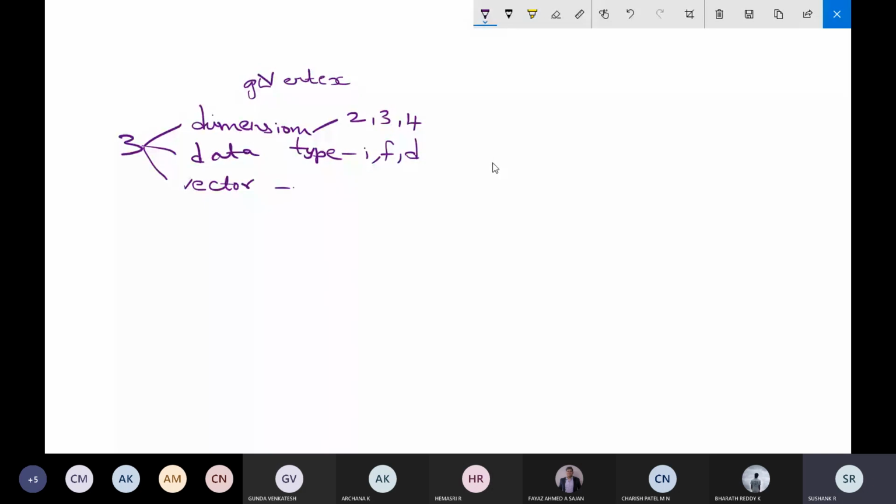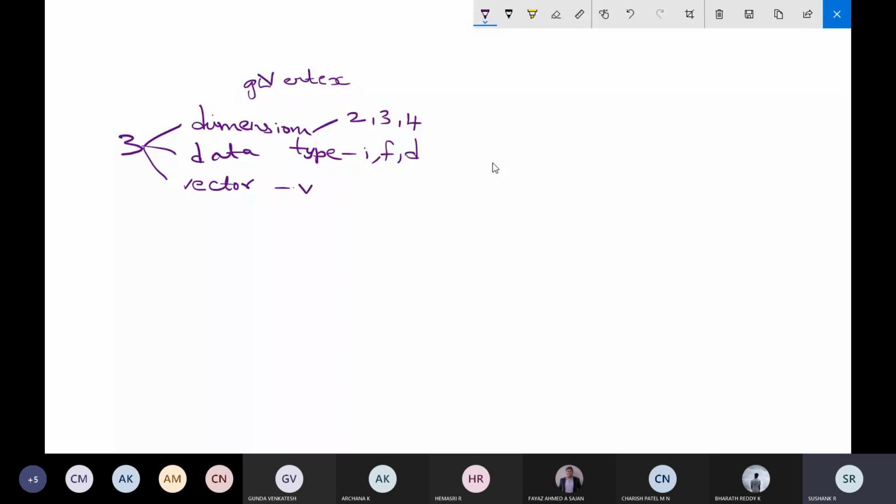What do you mean by this vector? In one example we saw, they declared an array of coordinate positions and passed it as a parameter. So this V is used for the vector form. Whenever you use V, the input will be given in the form of a vector.